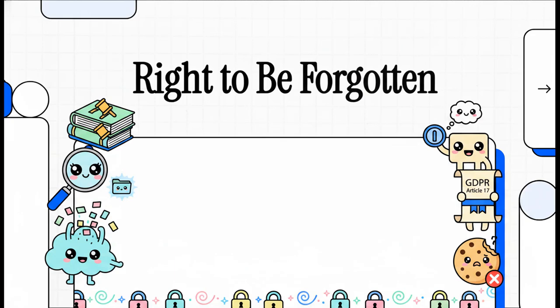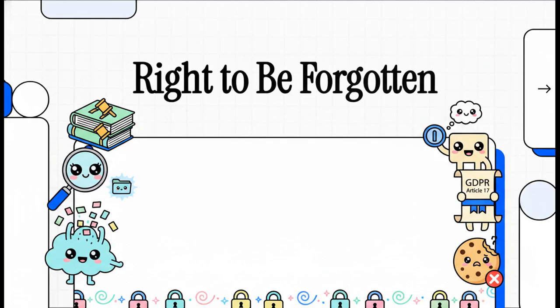Welcome to This Explainer. Today, we are diving deep into Chapter 2 of Disable MD, and we're enthusiastically unpacking the incredibly high-stakes legal framework of GDPR Article 17, the right to be forgotten. Now, if you are someone who architects data systems, listen up, because this goes way beyond just fulfilling a simple user request. It is actually a profound architectural challenge.